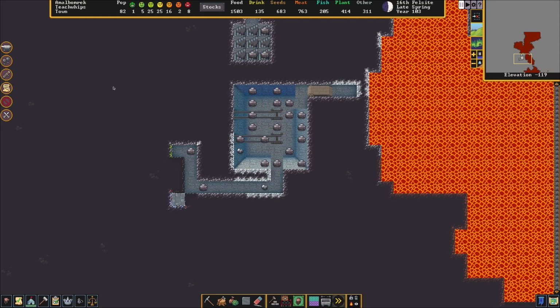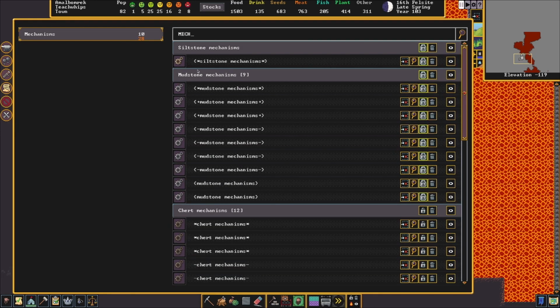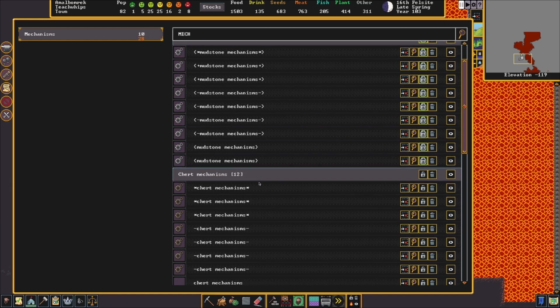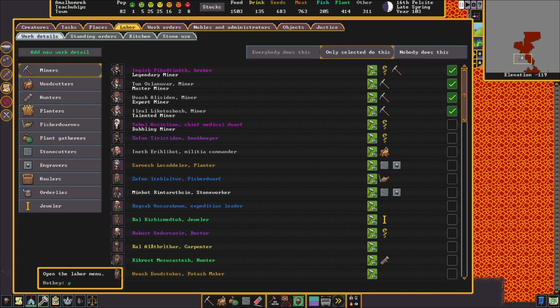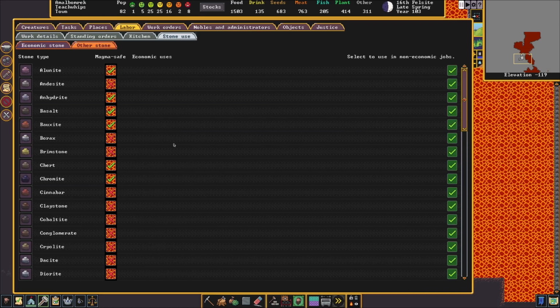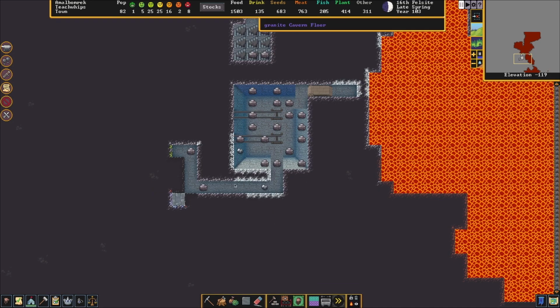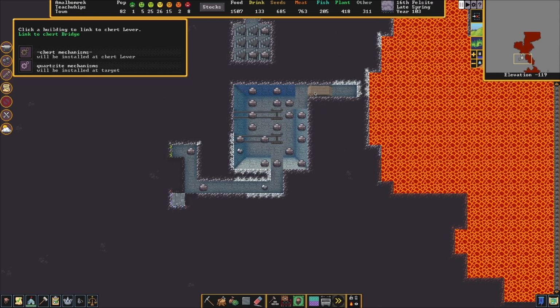And another thing you really need to do is go into stocks and type mechanisms, and anything that isn't magma safe has to be forbidden. Absolutely has to be forbidden. Check the wiki, check the stone use to see if it is magma safe or not, and then make sure to forbid anything that isn't magma safe, because all of the mechanisms on the bridge and levers and stuff have to be magma safe. So that is very, very important. So link to that bridge,